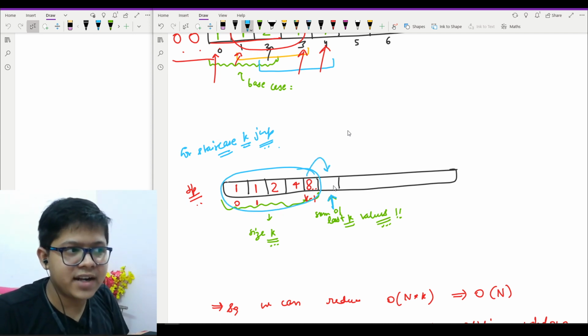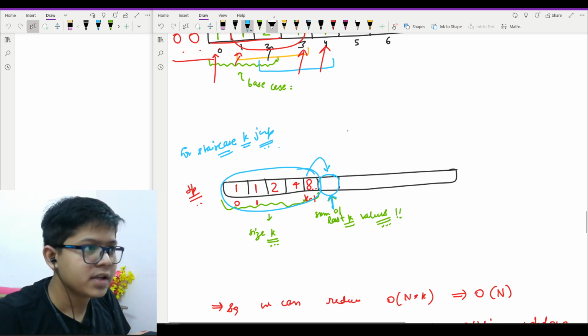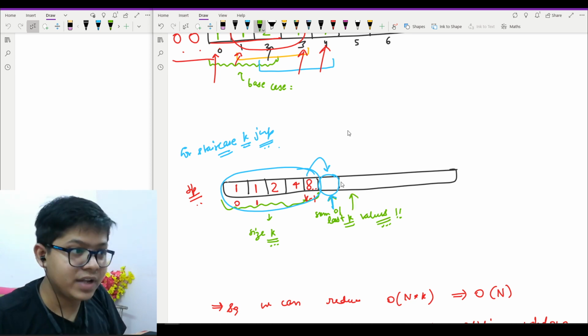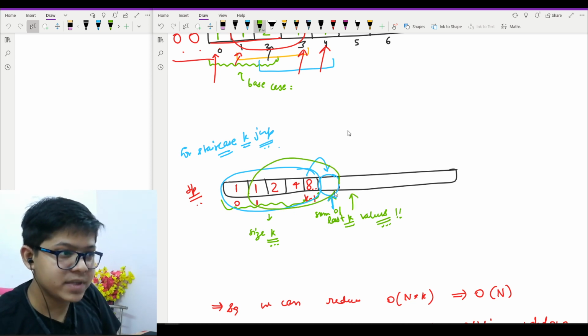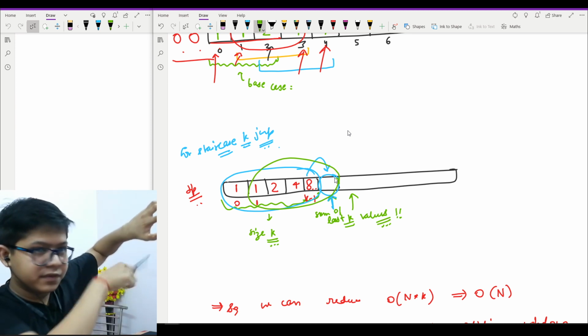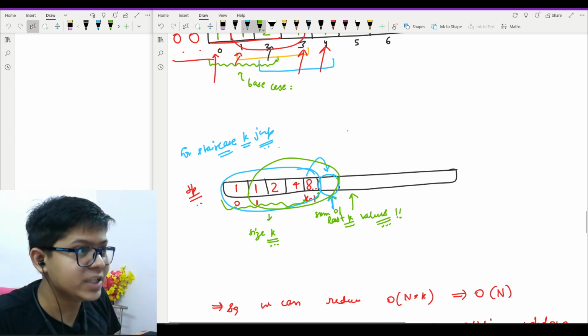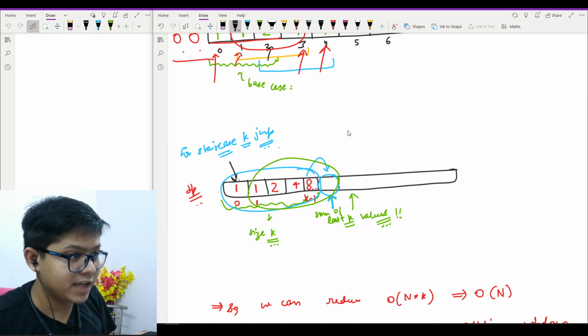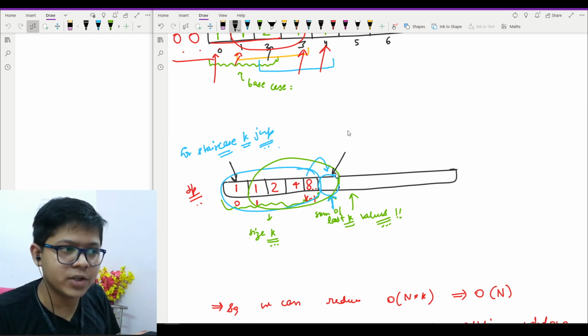Now you will add it right here and will result it here, right? For the next element also you will have the last k sums, which means that the element which was first one will get excluded. I can show you here. It will exclude and it will include.